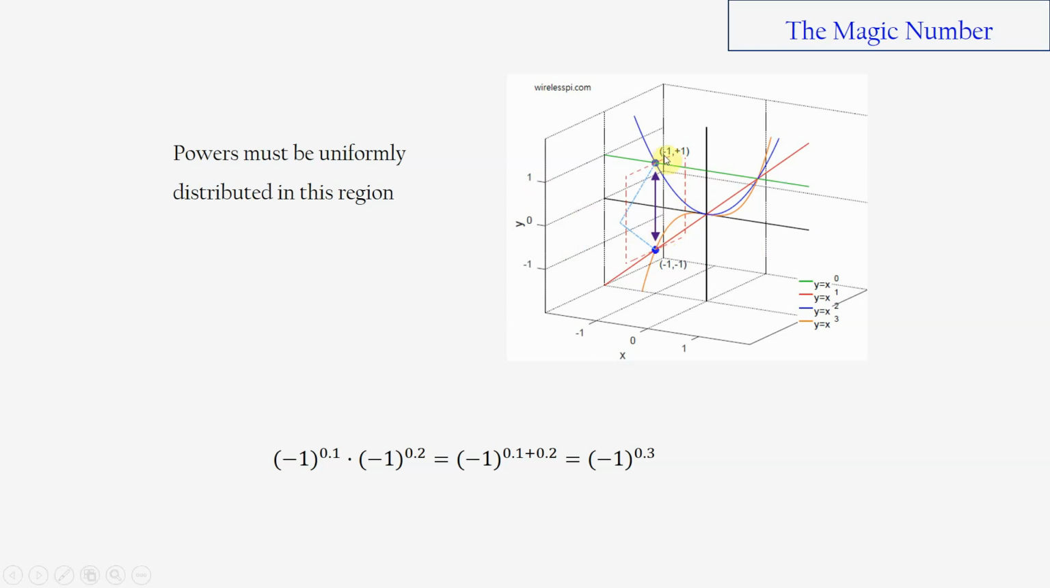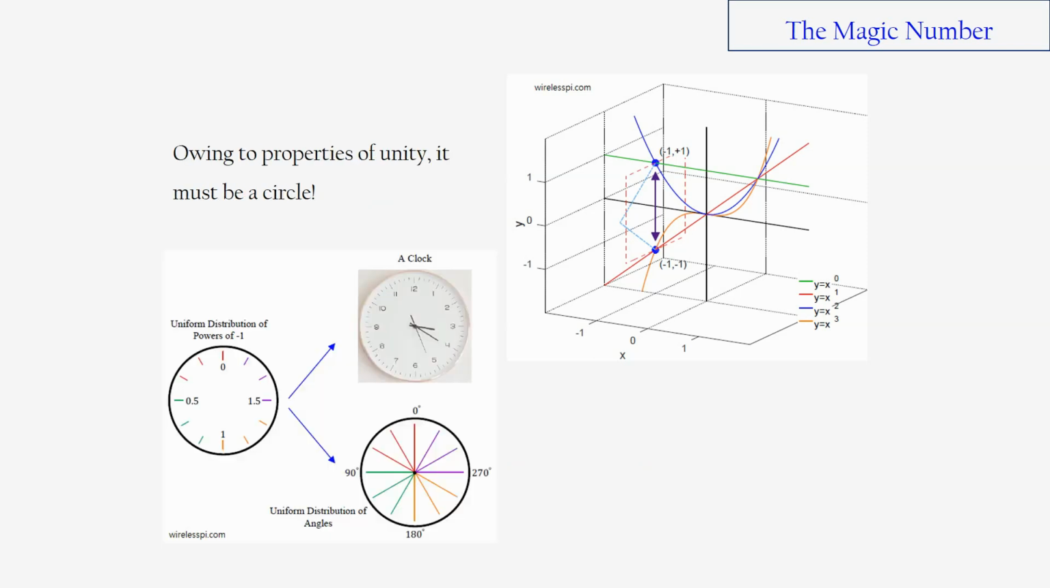Owing to the properties of unity, the distance of each such point from -1, 0 must be 1, that is its length or magnitude. This implies that the fractional powers of -1 can lie neither on the rectangle nor on the triangle, because the lengths of all such points as measured from -1, 0 will not be equal to 1. In which shape do all the points lie at an equal distance from its center? Yes, this must be a circle. This leads to the fractional powers of -1 lying on a circle in an imaginary dimension similar to a clock,